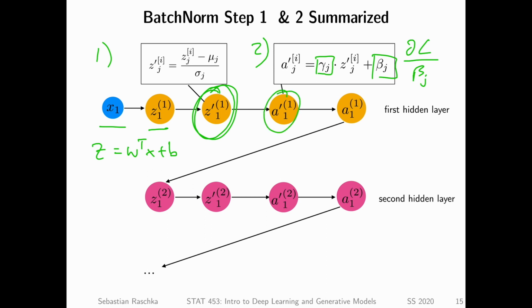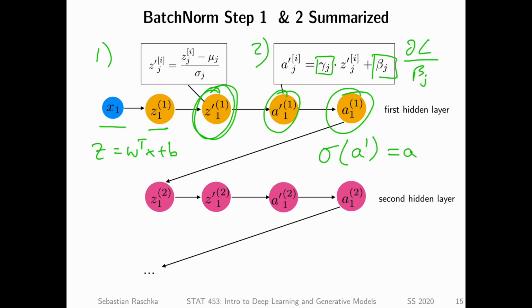This is usually called the pre-activation because it's done before computing the activation. And this is usually where we compute the activation. So in a neural network without batch normalization, how we computed the activation was we had an activation function, let's say a logistic sigmoid function, and the net input was the input to the activation function, and out came the activation value. Now what we have is we compute the activation by providing this pre-activation value to compute the activation.